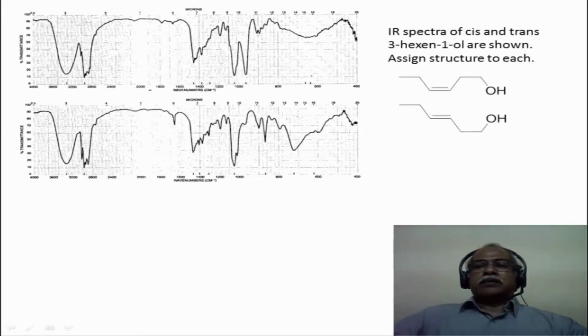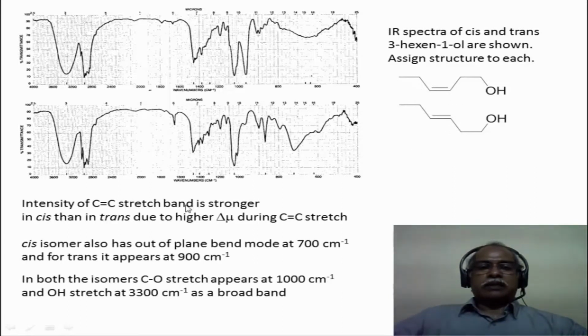Now, the IR spectrum of cis and trans cyclohexenol is given here. One needs to assign which one corresponds to which. Now, one needs to understand a concept: when you have a stretching happening, in the case of the cis isomer, there will be a maximum change in the dipole moment compared to a trans isomer. So, when you compare cis and trans isomers, you look at the C=C stretching here. Intensity wise, it will be higher in the case of the cis isomer rather than the trans isomer. So, this information is necessary to have the assignment done properly.